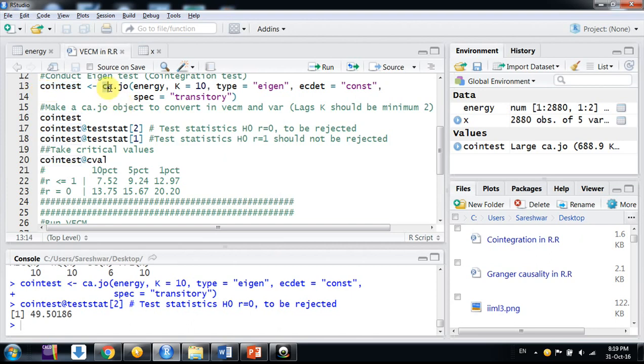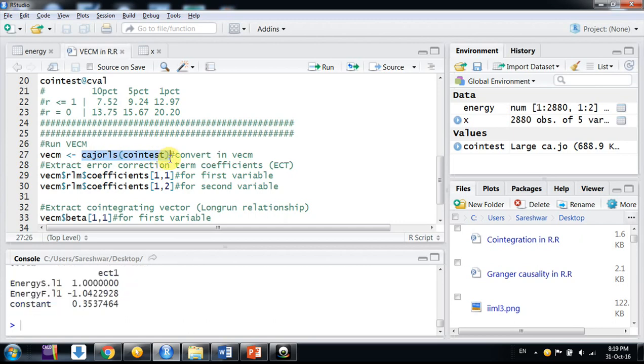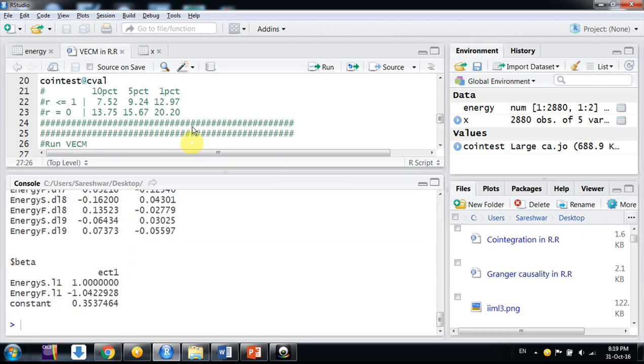When we run a co-integration test, we generate a variable, and you can have any name for it. I am calling it coin test. Simply put the command cajorls in front of it and you will have a VECM model. If you click on it, this is your VECM model.